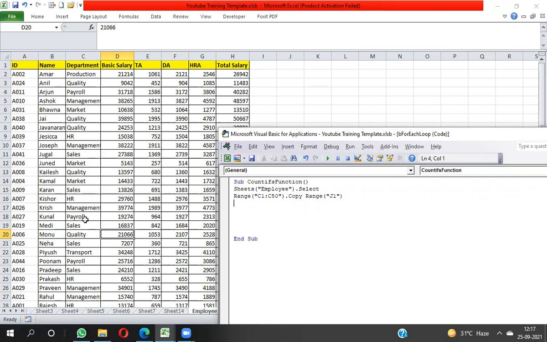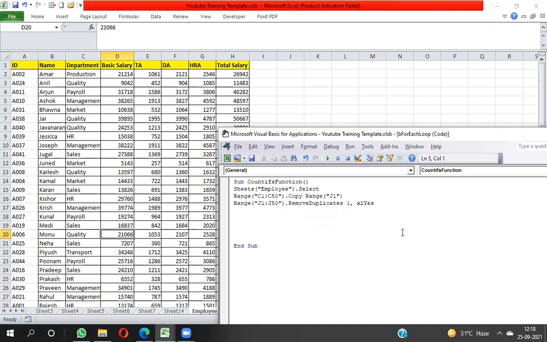Whatever data you have copied, the same number of rows you will get in column J after pasting. So you need to write Range J1 to J50, then dot RemoveDuplicates. Here I need to remove duplicates from only one column, that's why I'm taking one. Then you need to take xlYes, which means the header will remain.